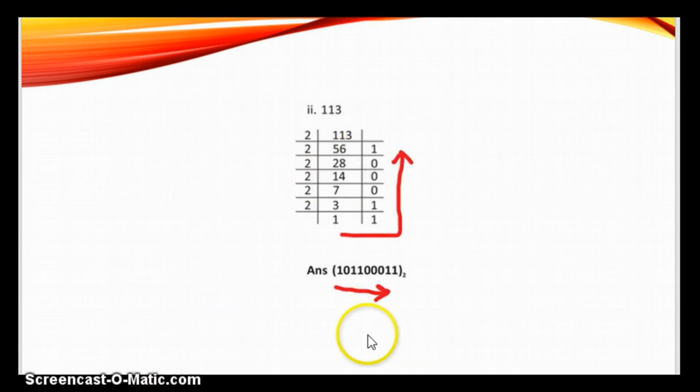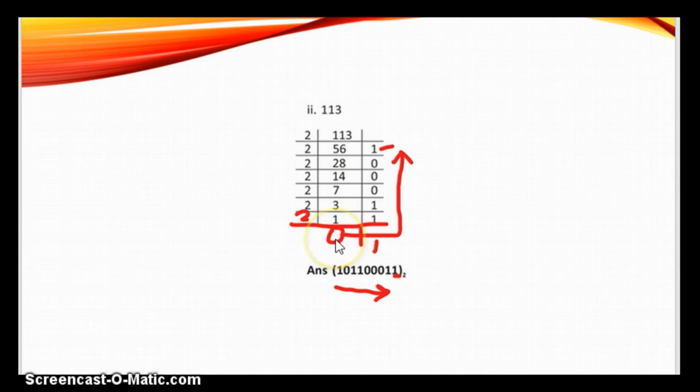Like we have seen here in the example, question number 5, A part, where we have converted decimal to binary number. This first remainder becomes the rightmost digit. The first remainder becomes the rightmost digit, and then we continuously keep on dividing till the quotient becomes 1. You can make the quotient 0 also. You can add one more line. You will write here 2, 2 zeros are 0, and remainder will be 1. So you can write both ways.